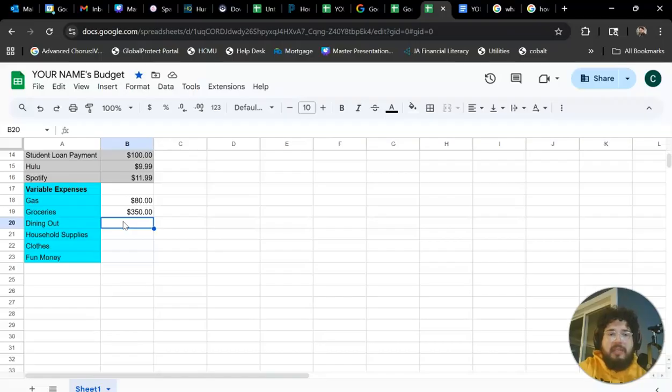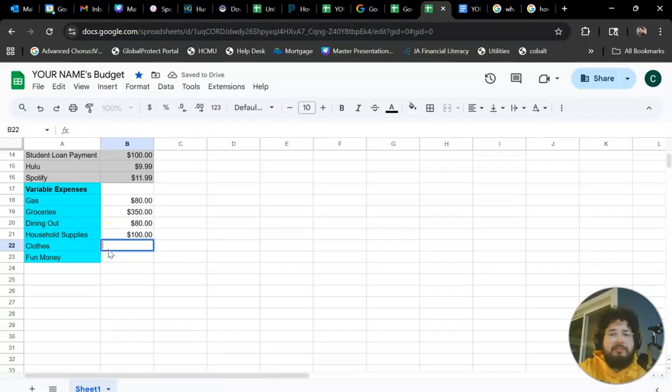If you spend 20 bucks every week, then what? 2 times 4 is 8. Add a 0. That'd be 80 bucks a month on dining out. That includes Starbucks. That includes McDonald's. That includes fancy restaurant date night. A lot of you are spending more than 80 bucks on dining out each month, but that's okay. Okay? A lot of the household supplies will probably be wrapped into your groceries cost, right? It's not like you're making a Walmart trip just for food and a Walmart trip just for toilet bowl cleaner. You're probably buying both. So let's just say about 100 there.